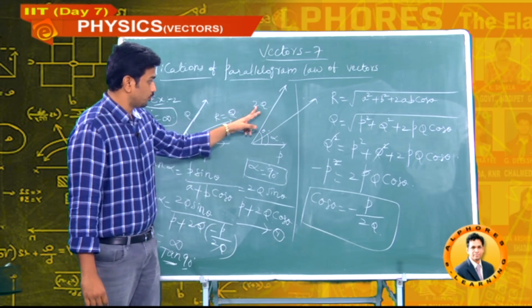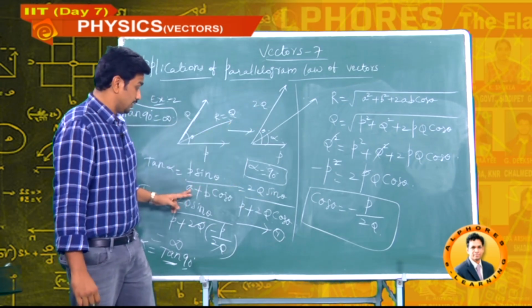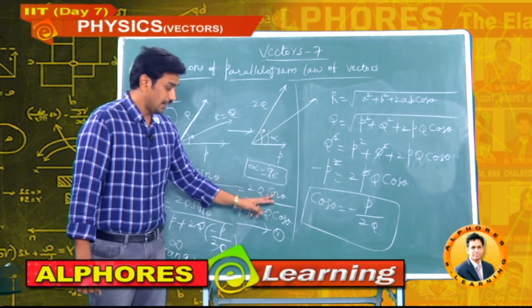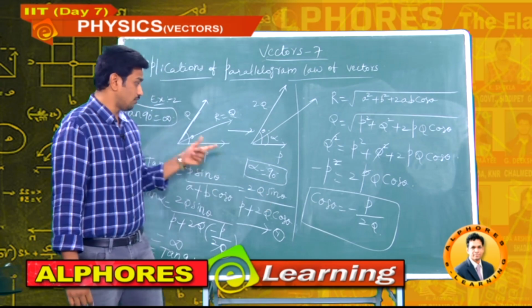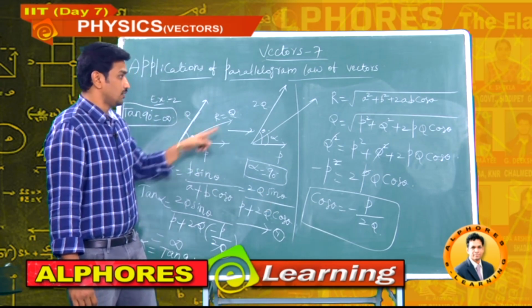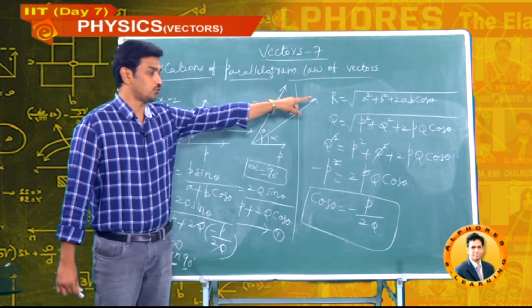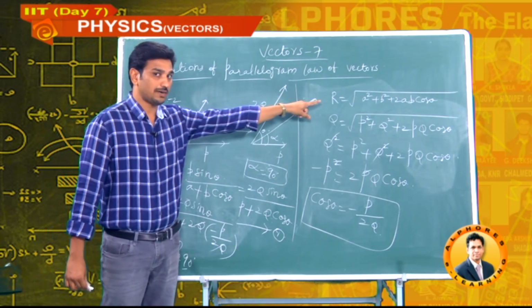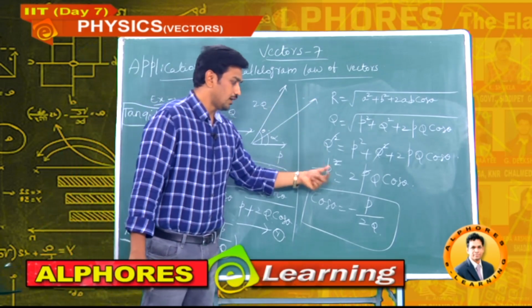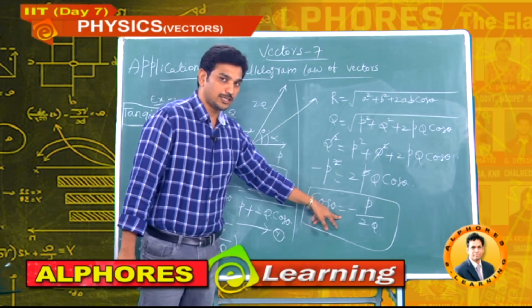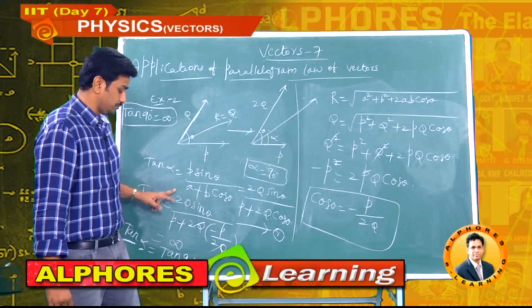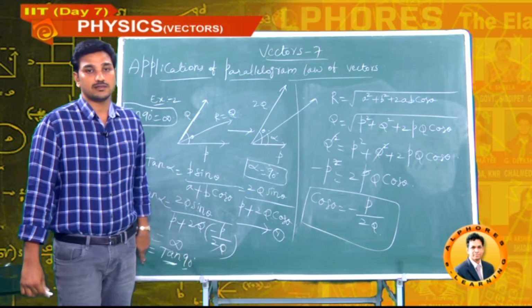B value 2q, sin theta as it is. A value p, b value 2q substituted. Here theta is unknown. I am trying to calculate theta. For that I have used the first condition. Resultant of p and q is under root of a square plus b square plus 2ab cos theta, that is the parallelogram law of vectors. A is p, b is q. After substitution I got the value of cos theta is equal to minus p by 2q. That cos theta value I have substituted in equation 1 and the final answer is alpha is 90 degrees.